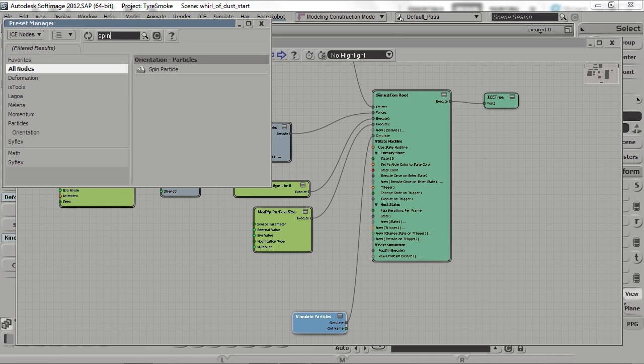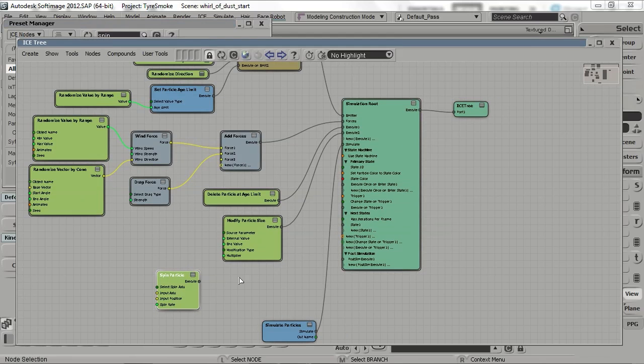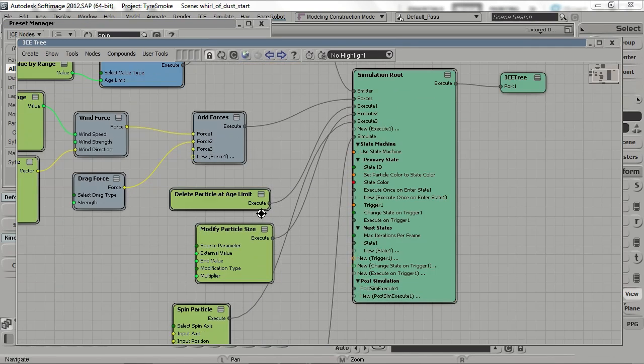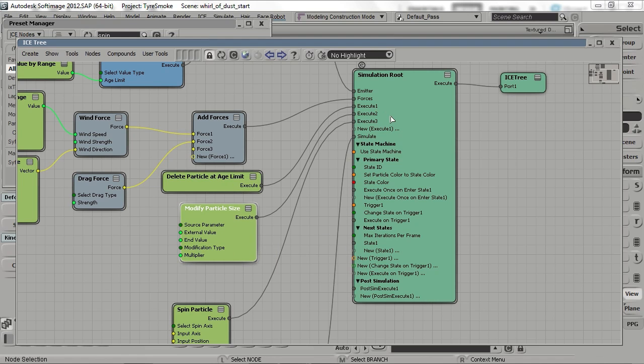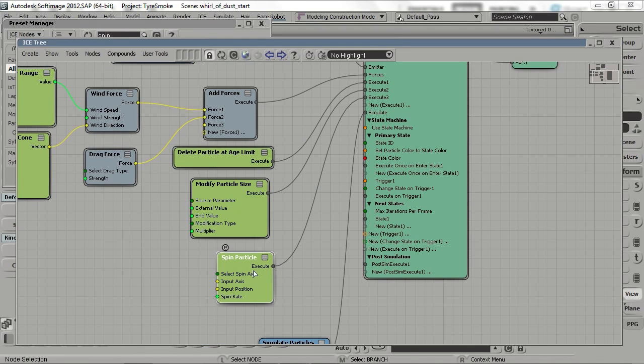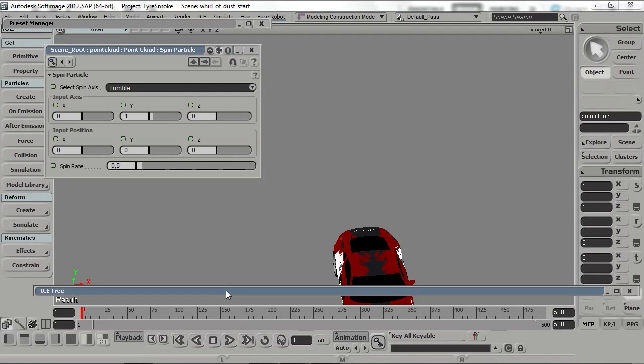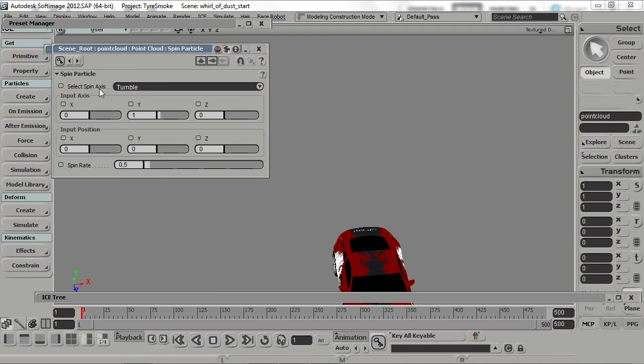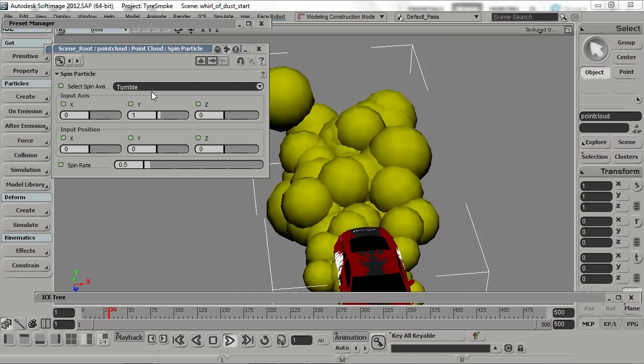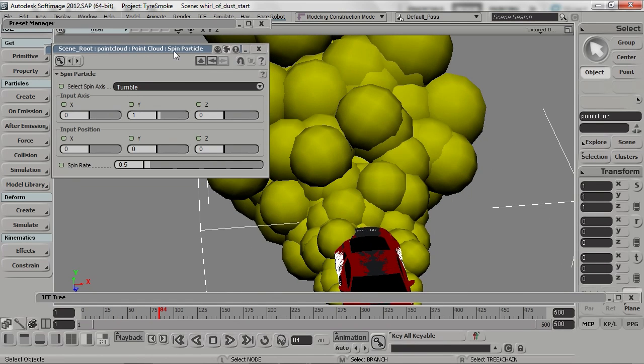First we need a spin particle node, and if we connect this to the execute of the simulation node and open its property page, we can see that there are a couple of ways we can rotate or spin the particle, and there is an effect called tumble. It's not exactly what we're looking for,